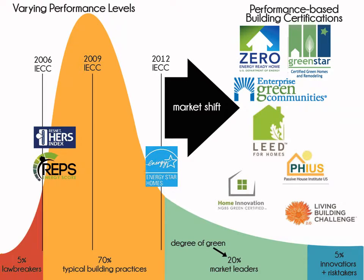So, as we go through this, it's about identifying where you see yourself. Many of these programs fall into different levels, all the way from, on the left side of the bell curve, building and remodeling homes without following the energy laws, all the way to following the current energy codes, and then moving into the market shift, being a green leader, and then looking at the 5%, the risk takers. Which of these programs delve into that 5%, and really where do you see yourself along this